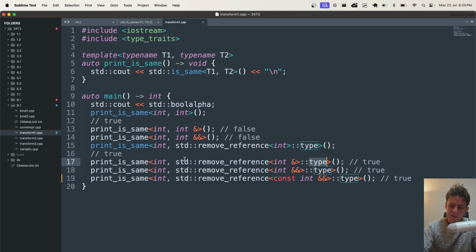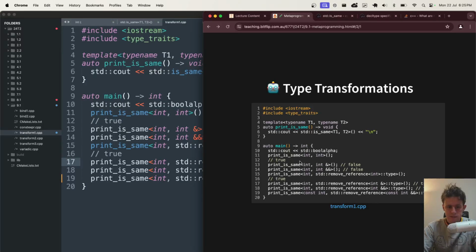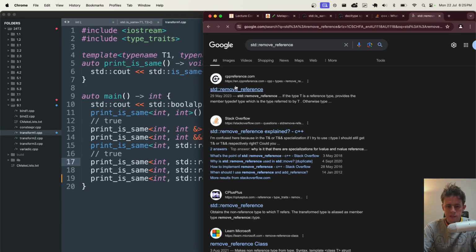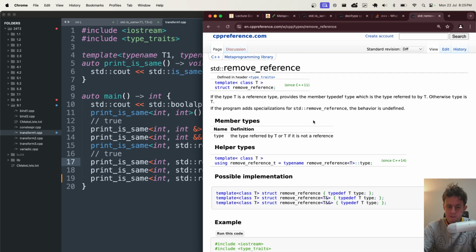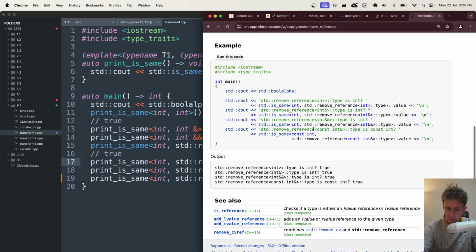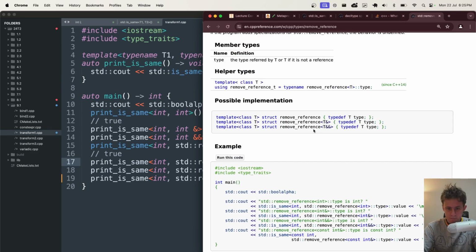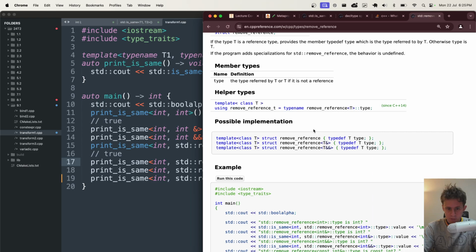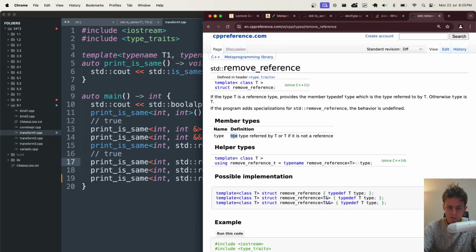You'll also notice that this one communicates this information with that type thing I mentioned, because when I look up std remove reference, the way you access it is going to be member types. Yeah, the type referred to by T, or T if it is not a reference.